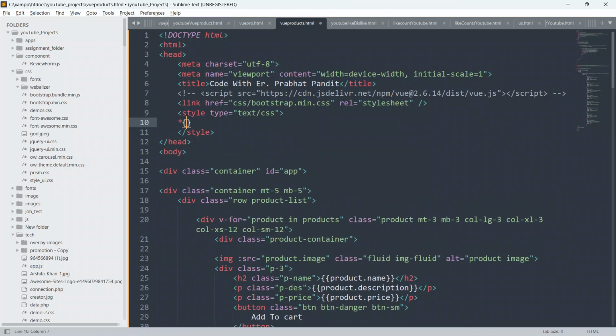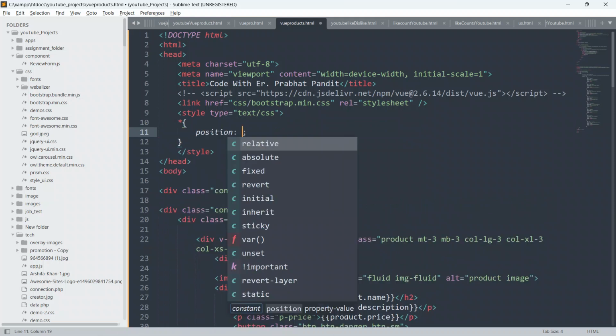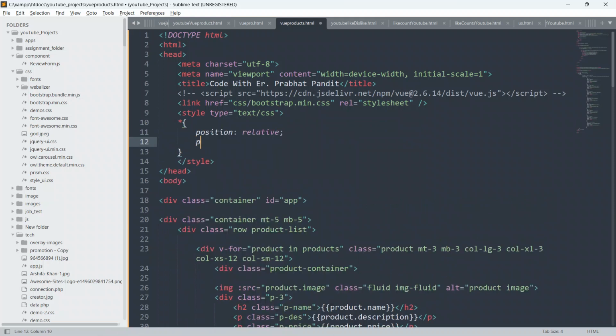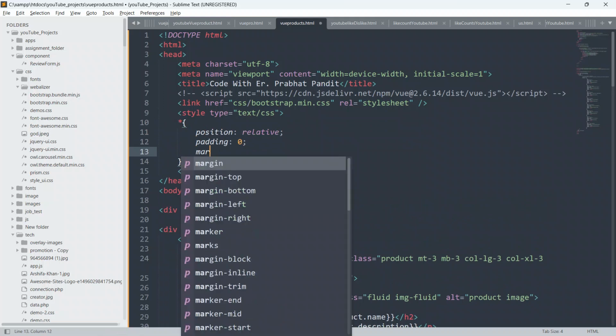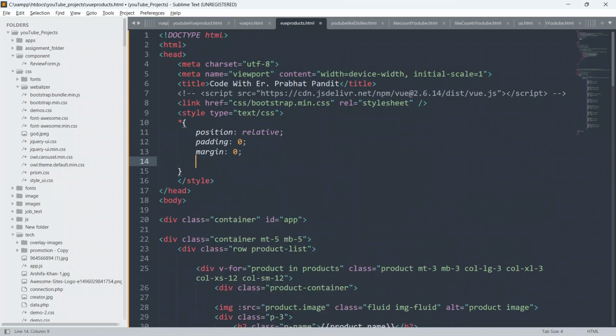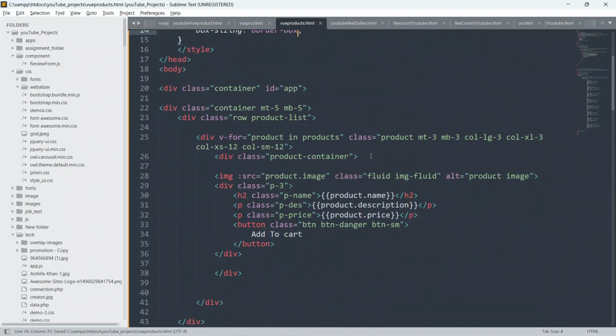So give asterisk and give position as relative, and give padding also 0, give margin 0 also, and give box sizing as border box. Okay, so now I'm gonna target this product container class from here.